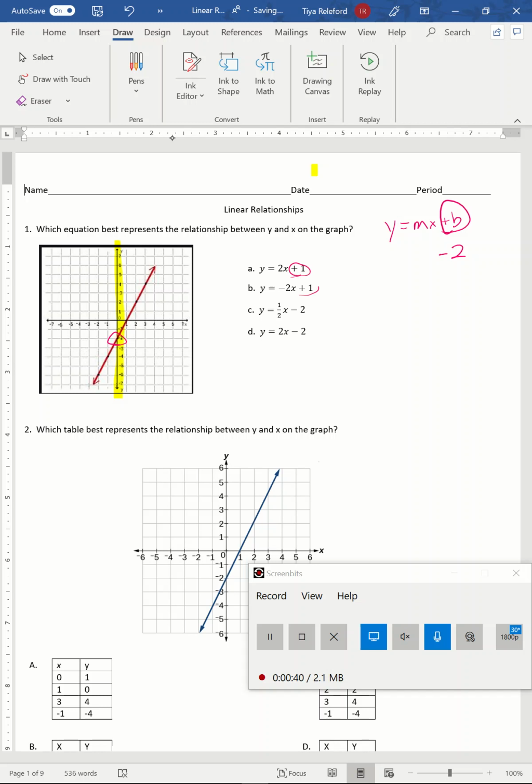So if you see +1, +1, -2, -2, A and B are wrong. Now all you have to look at is C and D. So pick a nice spot. And if I look, x is 2 and y is 2, and I'm going to substitute numbers in to see which one of those comes out correctly. So pick the easiest one to work first,